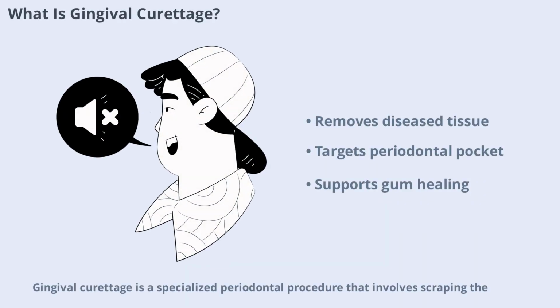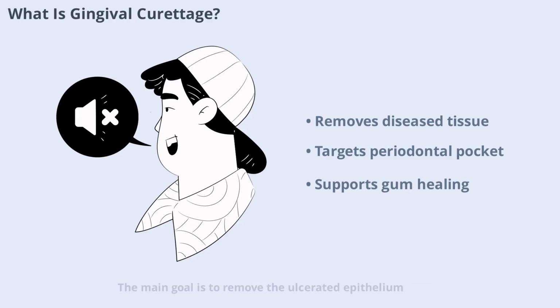Gingival curettage is a specialized periodontal procedure that involves scraping the inner aspect of the diseased gingival wall within a periodontal pocket. The main goal is to remove the ulcerated epithelium, hyperplastic pocket lining, and the adjacent zone of damaged connective tissue. This process extends downward and outward until it reaches the healthy, firm part of the gingival corium. By targeting these specific tissues, gingival curettage helps to create a healthier environment for the gums and supports the healing